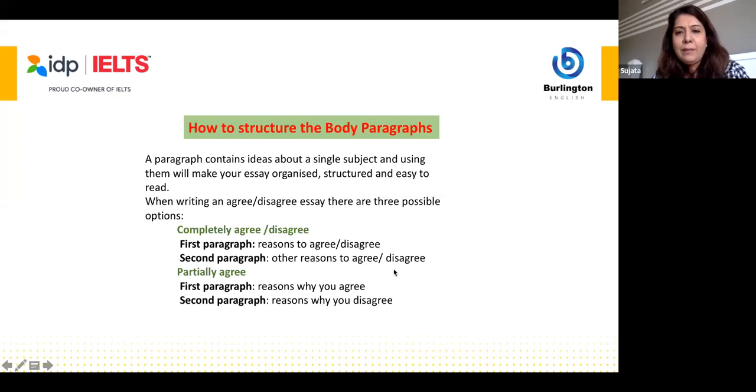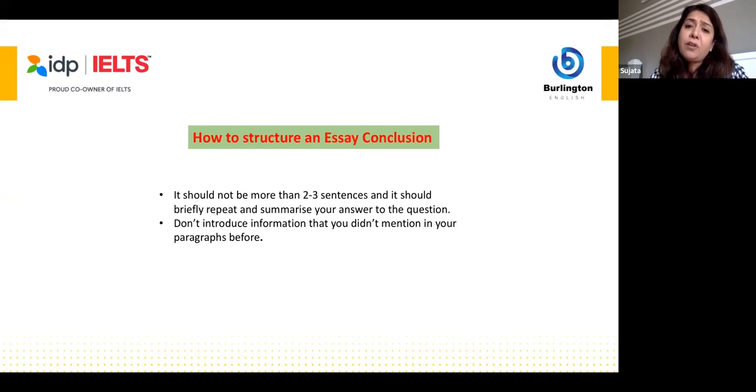Now, this was for the body paragraphs. Now, an essay is incomplete if I don't talk about a conclusion. Conclusion should not be too big. It should be max 3 sentences and try to include a variety of sentence structure. Try to look at your opening and echo it, wrap up the summary of the essay here, and don't introduce a new idea. Let it be forgotten or edit it in the body, if you really have to do it.